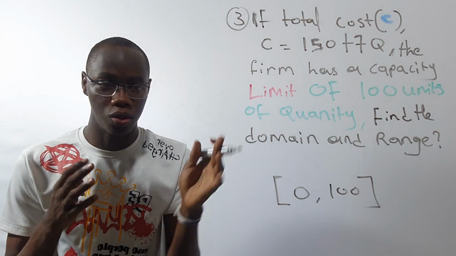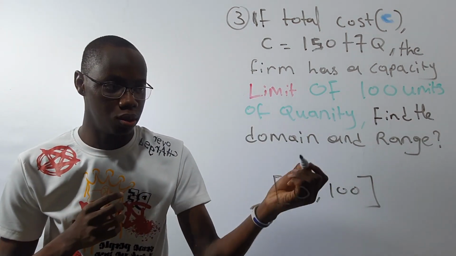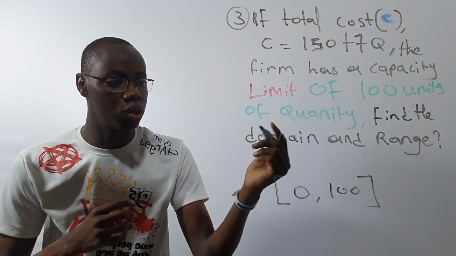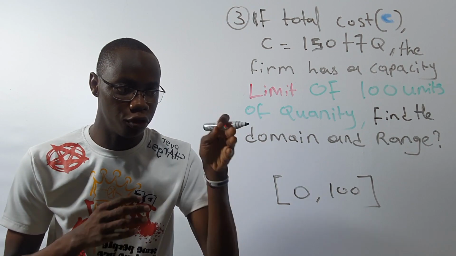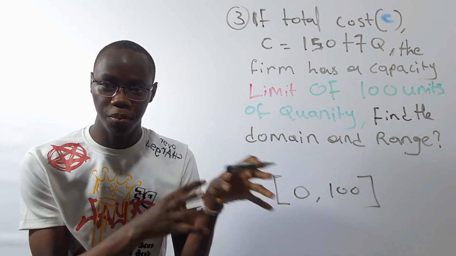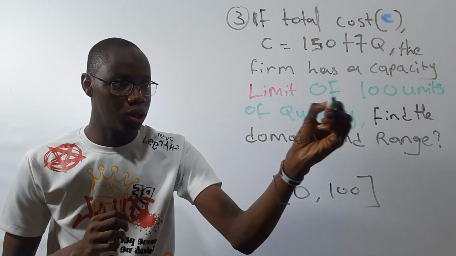See, that's why I told you limits and mapping are very, very similar. So now look at what the domain and the range are. From the question, you can already tell that this is a domain from 0 to 100. Those are the limits, the independent elements that we're bringing to plug inside here. So that is Q.